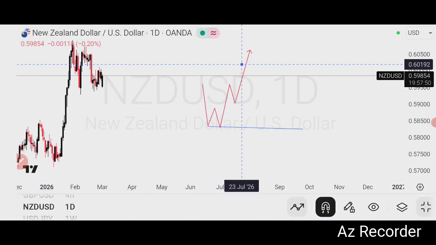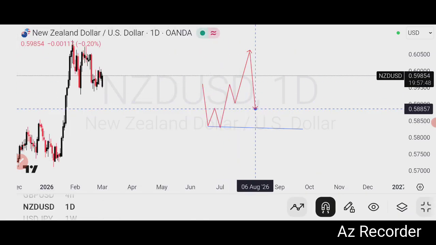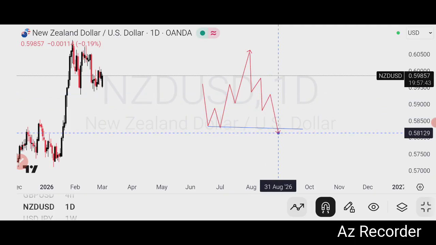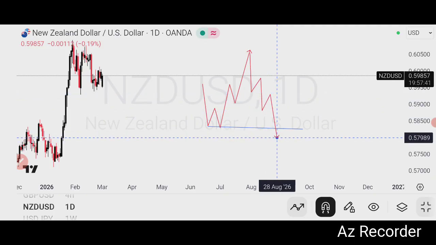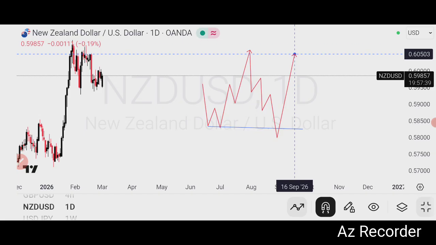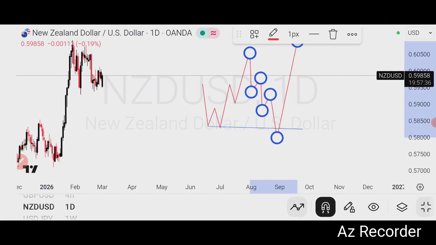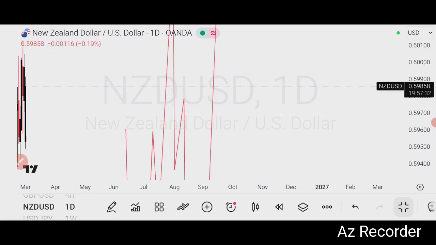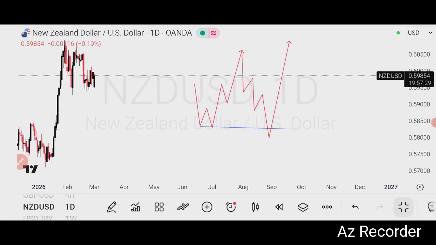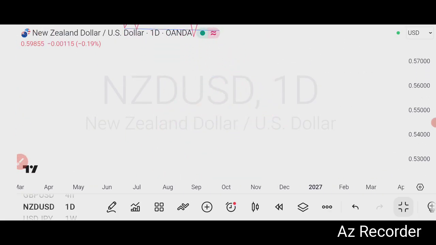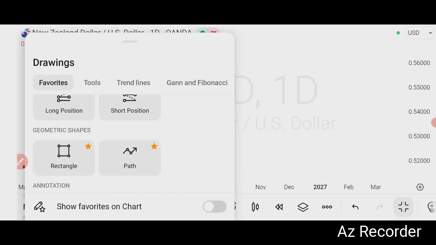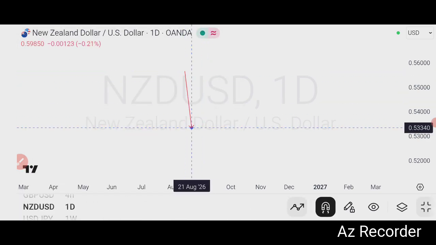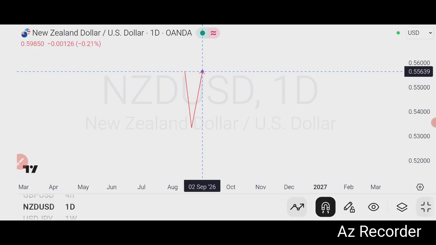So the market may react like this, as liquidity. Another scenario is when you have something like this. Let's say you have something like this, and the market